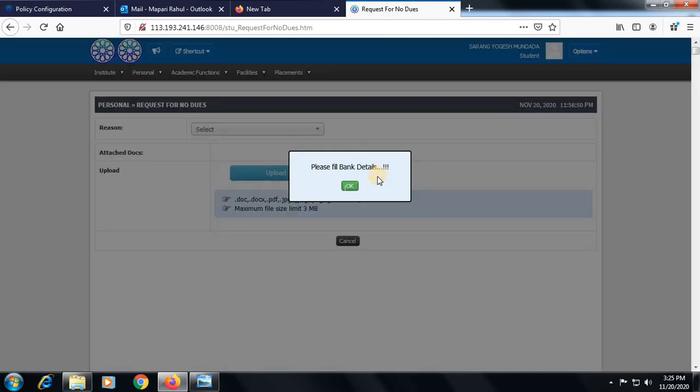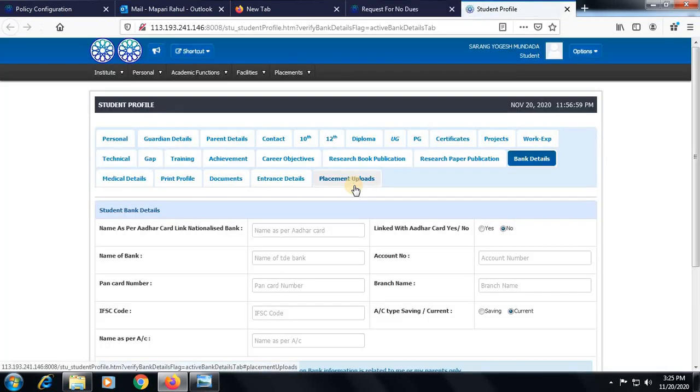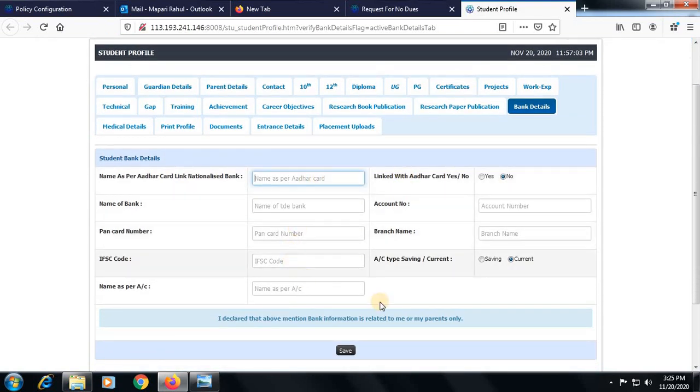Now the system is asking to fill all the bank details. So to fill the bank details, click on this OK button. And here in the student profile, we have to fill all these details related to our bank account.